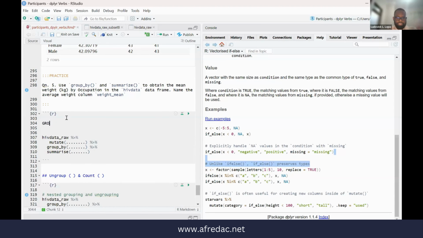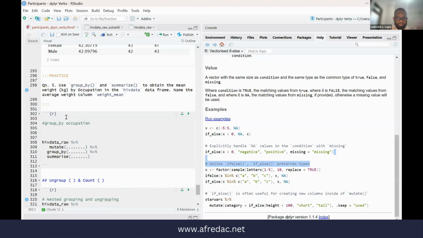So they want us to group by occupation, and then calculate the mean weight. From this, we're supposed to see which occupation is maybe the heaviest or the lightest. So we take the original data and then,